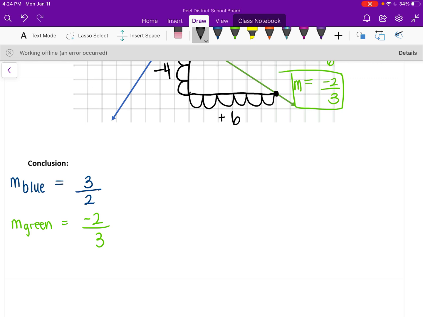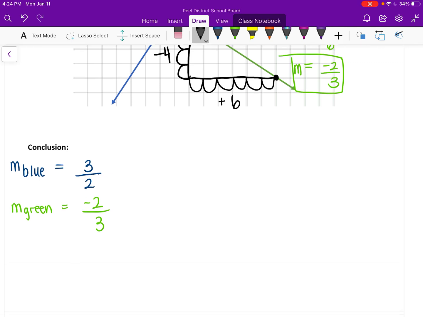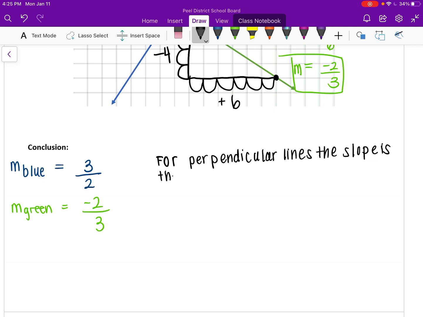If we compare these, we can say that we know those lines are perpendicular, and for perpendicular lines, the slope is the negative reciprocal, right? Because do you notice here,